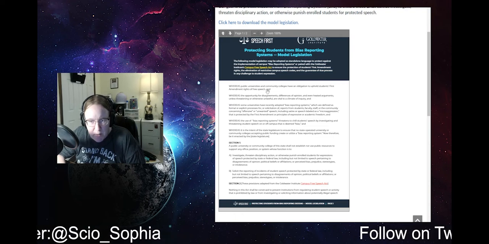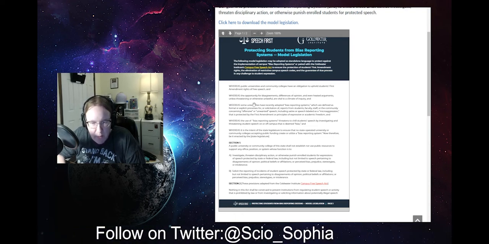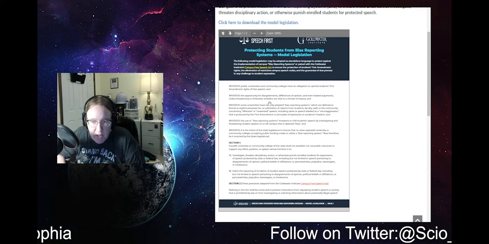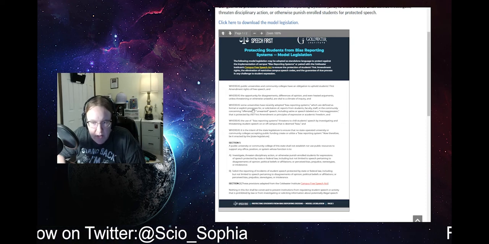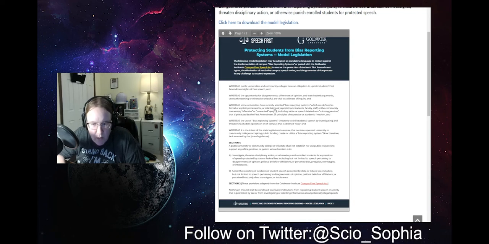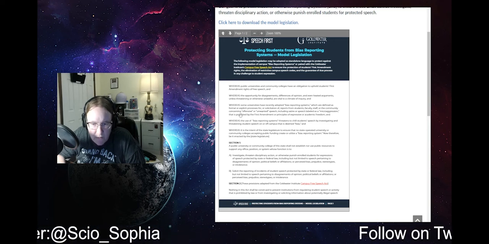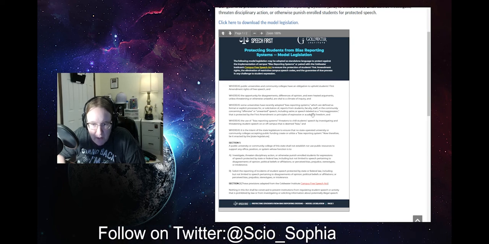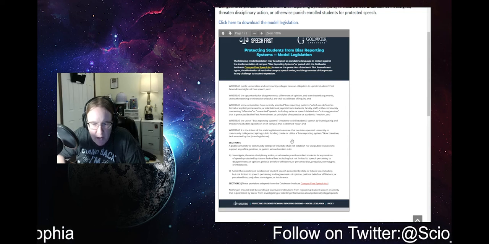Whereas public universities and community colleges have an obligation to uphold students' First Amendment rights of free speech, and whereas the opportunity for disagreements, differences of opinion, and even heated arguments, unless threatening or otherwise unlawful, are vital to a climate of inquiry. And whereas some universities have recently adopted bias reporting systems, which are defined as formal or explicit processes for solicitation of reports from students, faculty, staff, or the community concerning "offensive or unwanted speech," including satire or speech labeled as microaggression, that is protected by the First Amendment or principles of expressive or academic freedom,